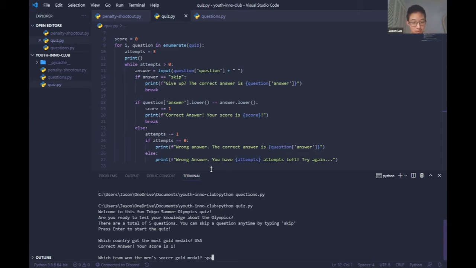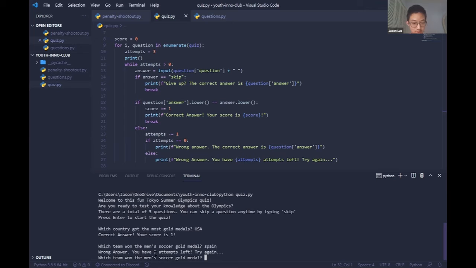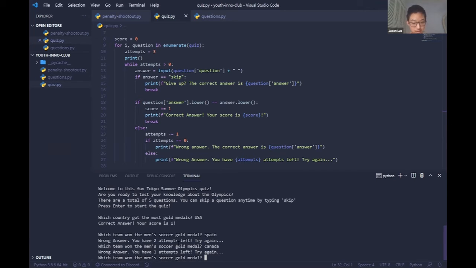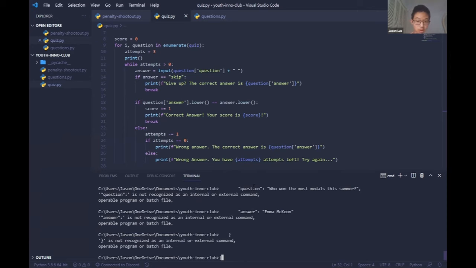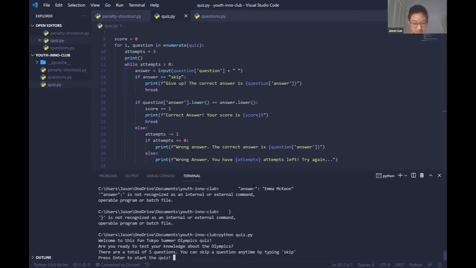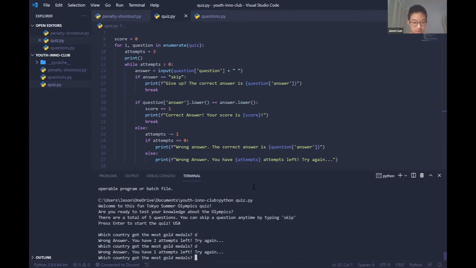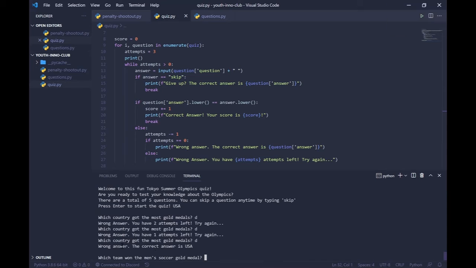For example, if you type the wrong answer, it'll say so. For every question you have 3 attempts, and if you give up, actually let's just put 3 wrong guesses, right? If you get 3 wrong in a row, okay, I don't know what just happened. Let me just rerun it. If you get 3 wrong in a row,